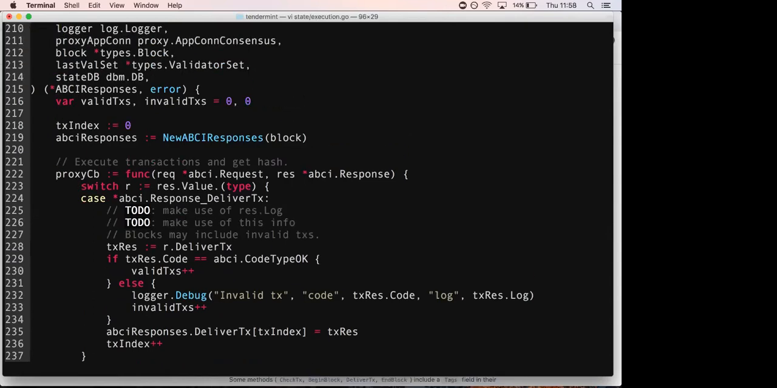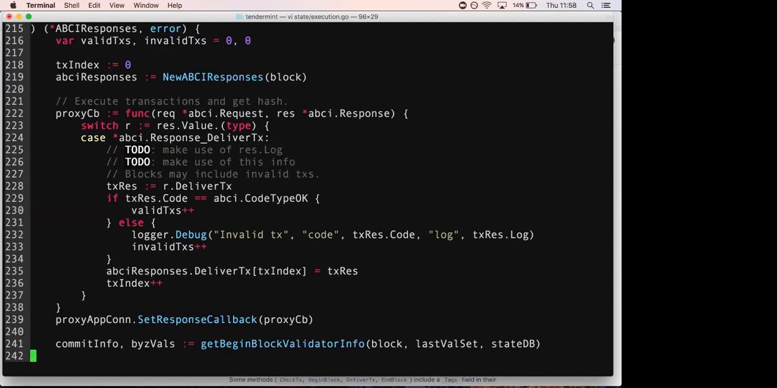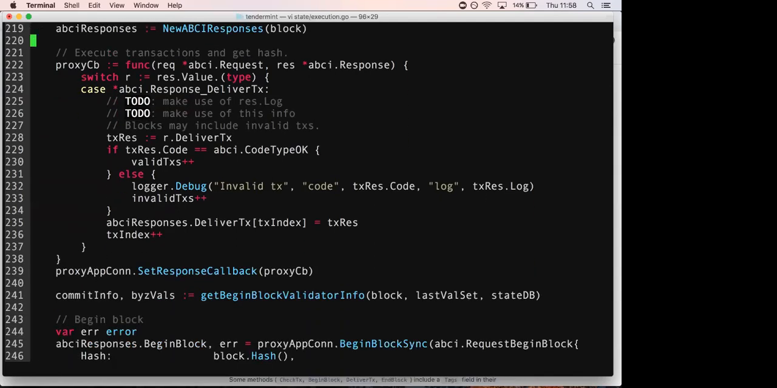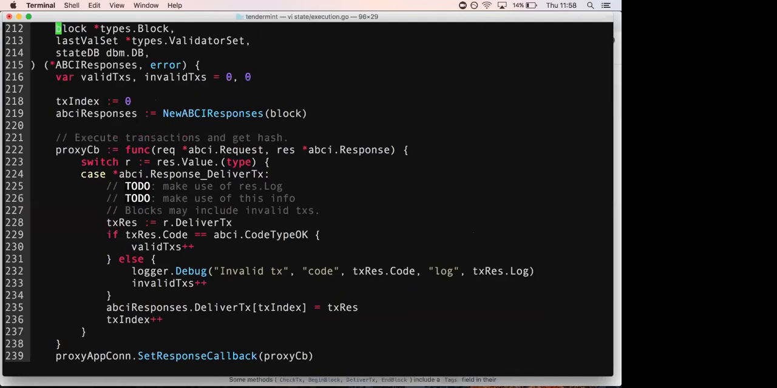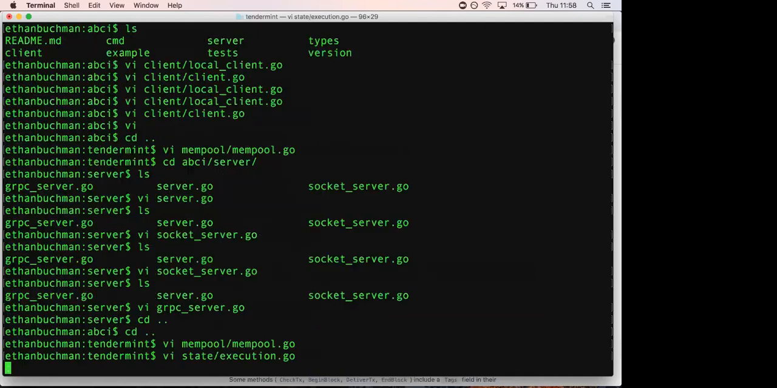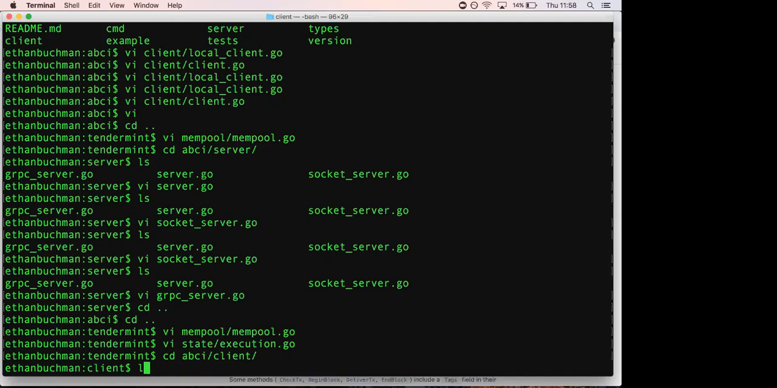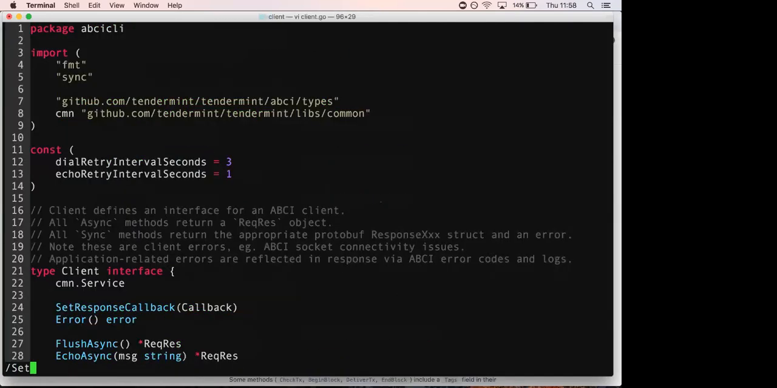So again, I'm not sure. It expects the things to come in order, but it looks like we're not actually enforcing that over here. We may be enforcing that in the client itself. So if we go back into the ABCI client and we look at,